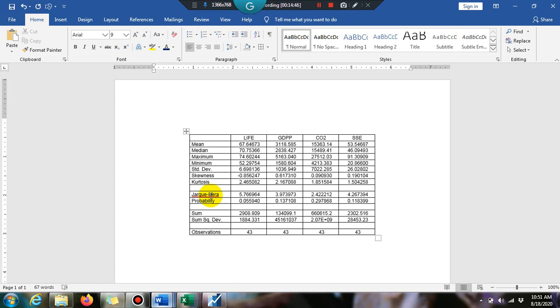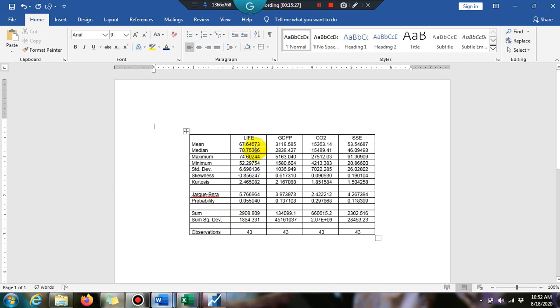Jarque-Bera will explain whether your selected data is normally distributed or not. Keep in mind that when the probability value of the Jarque-Bera is insignificant, we consider that our selected variables' data is normally distributed. If we follow the 1% level of significance, then for life expectancy, GDP, environmental degradation, and secondary school enrollment, all of the selected data is normally distributed.